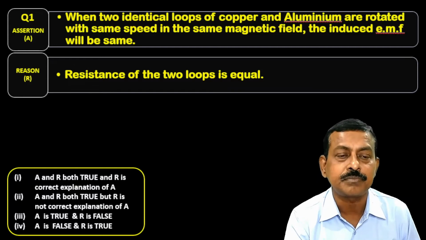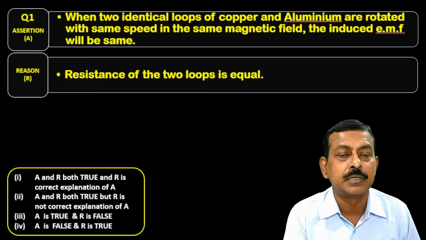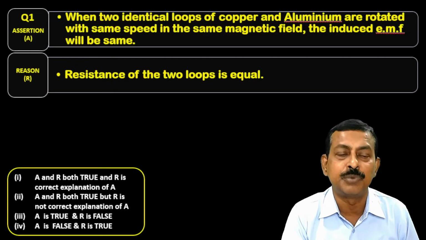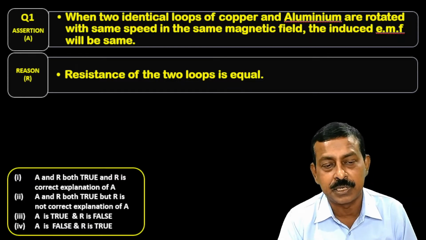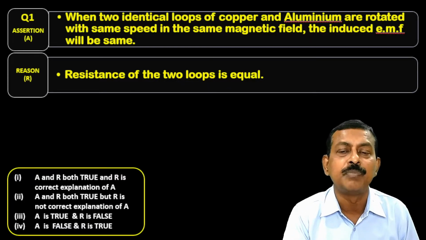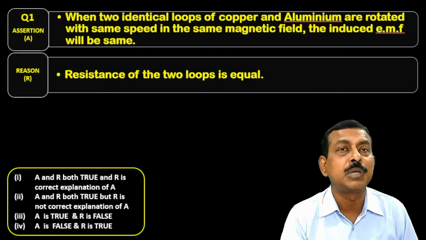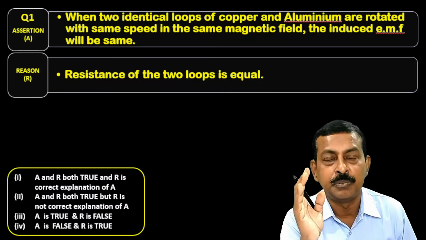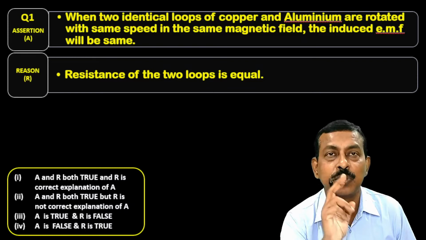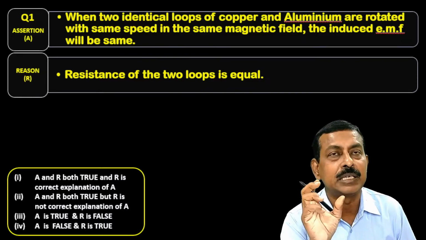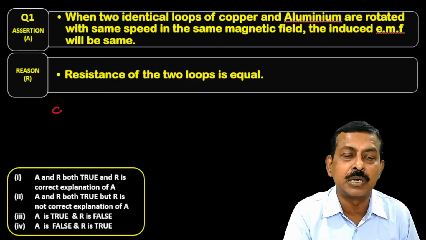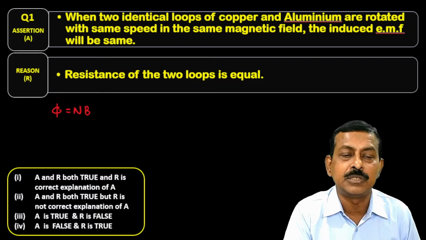reason statement? The statement is that two identical loops of copper and aluminium are rotated with same speed in the same magnetic field. The induced e.m.f will be same. And the reason is that resistance of the two loops is equal. Now, first let's take, if suppose you have a coil, whether it is made of copper or aluminium, and if you are assuming that it is being rotated in a magnetic field, definitely magnetic flux linked with that one will change and there will be e.m.f induced, because magnetic flux linked with the coil, if I consider, it is your